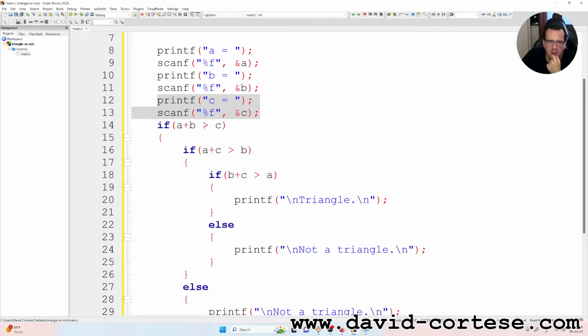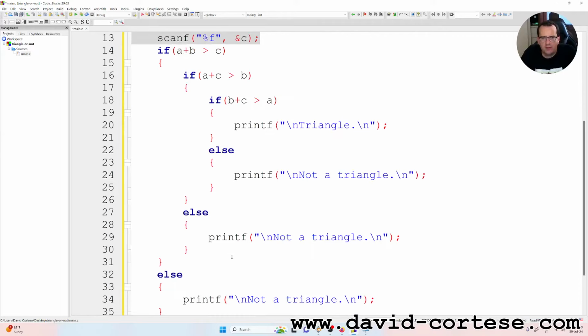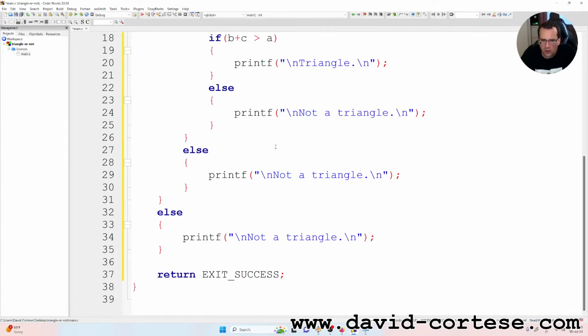So if A plus B is greater than C, if A plus C is greater than B, if B plus C is greater than A, printf \n triangle, because it is a triangle, else not a triangle. Then we have a second else, because this else refers to this if. This else refers to this if, and this else refers to this if. Okay, so we can